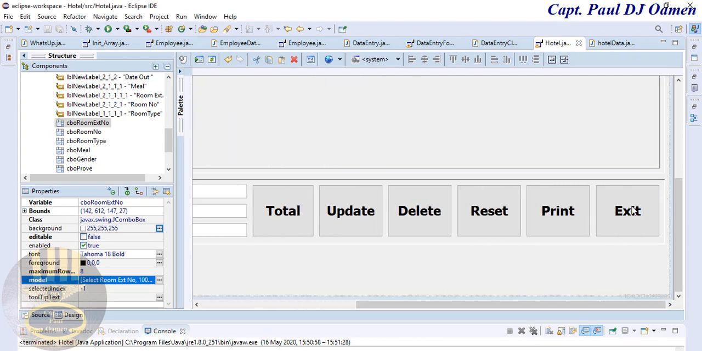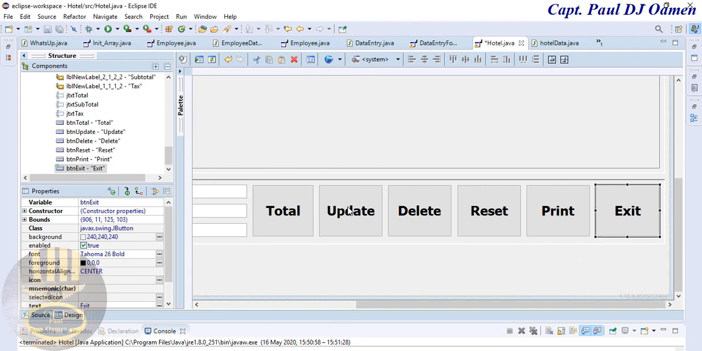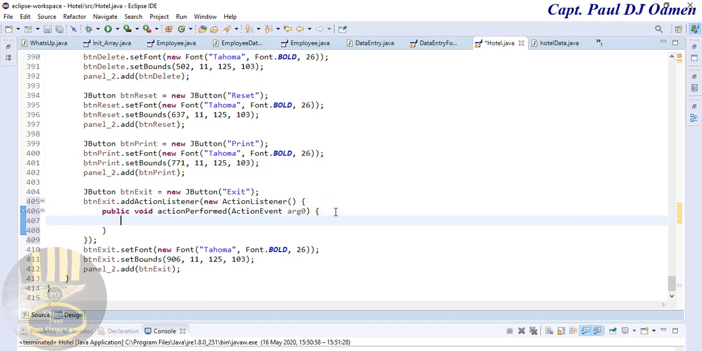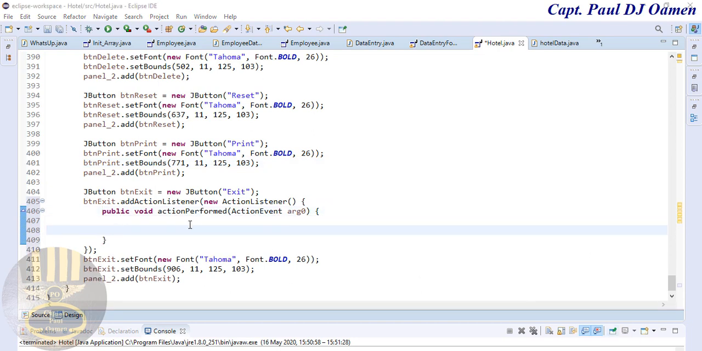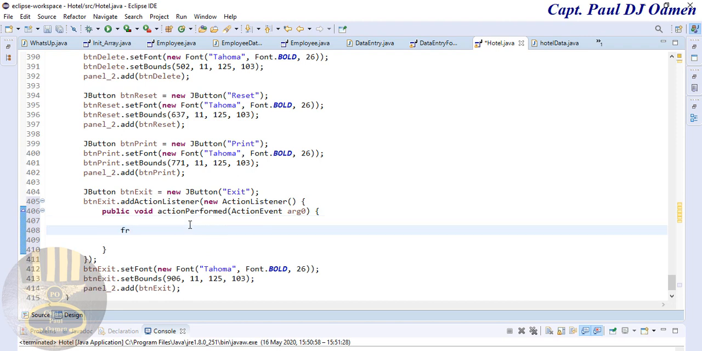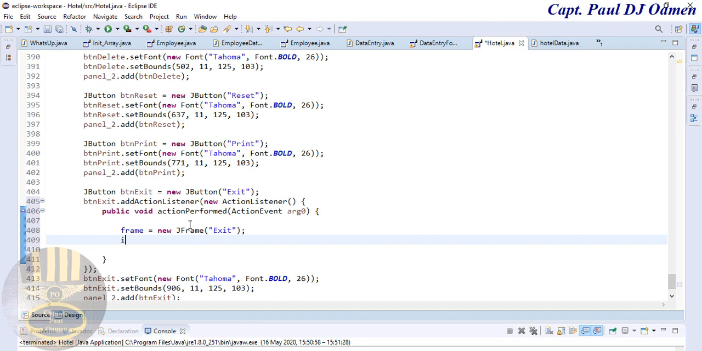Double click on exit. There we go. First of all, I'm going to create an object. I call that frame. Let's say frame equals new JFrame, and let's give it an alias of exit, and let's use an if statement. If JOptionPane